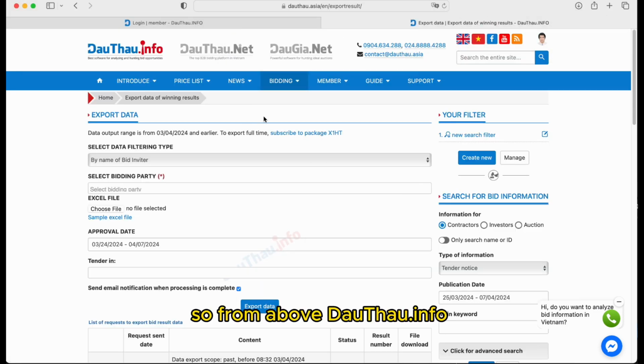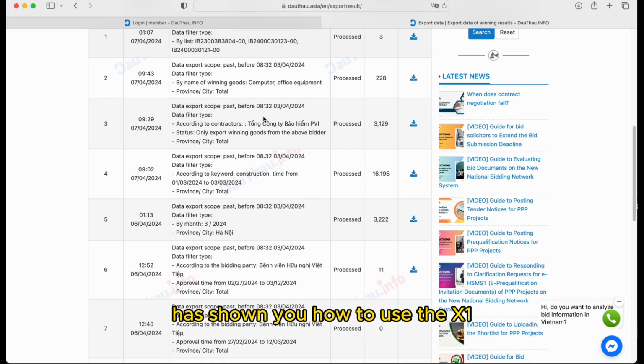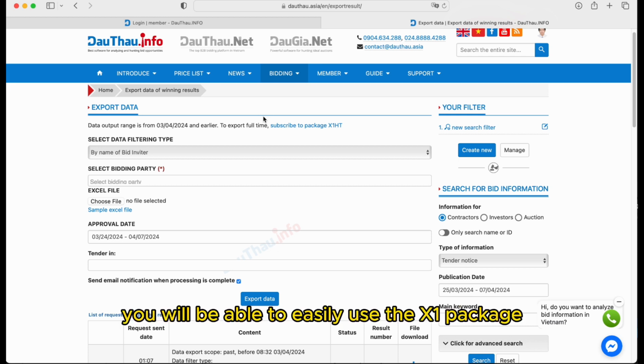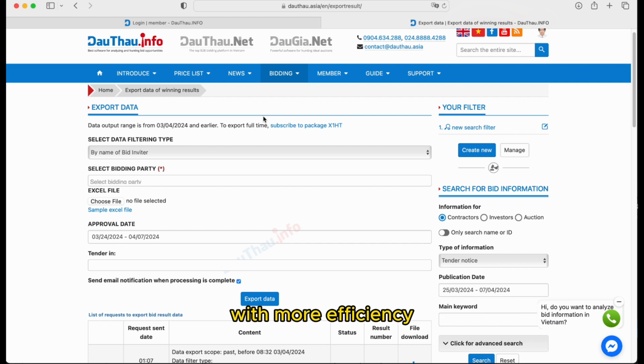So from above, DauThau.info has shown you how to use the X1 package of the software to export bidding results to an Excel file. Hopefully, with the instructions provided, you will be able to easily use the X1 package with more